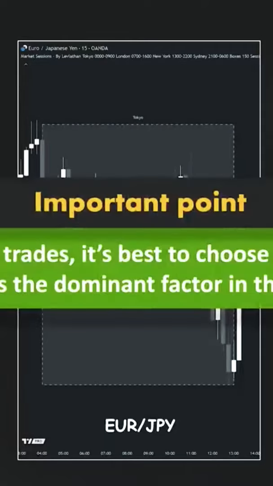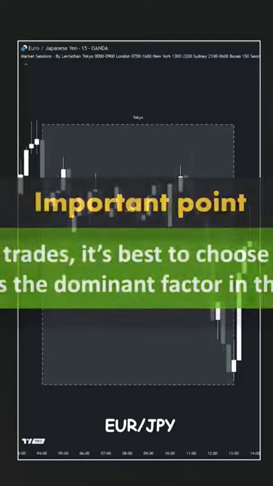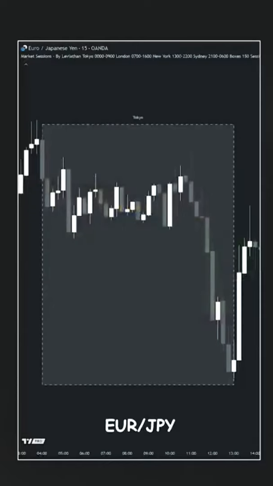Here's an important takeaway. When selecting trades, it's best to choose pairs where one currency is the dominant factor in that session. Pairs like pound-yen, euro-yen, and dollar-yen in the Asian session are ideal because they're influenced by just one actively traded